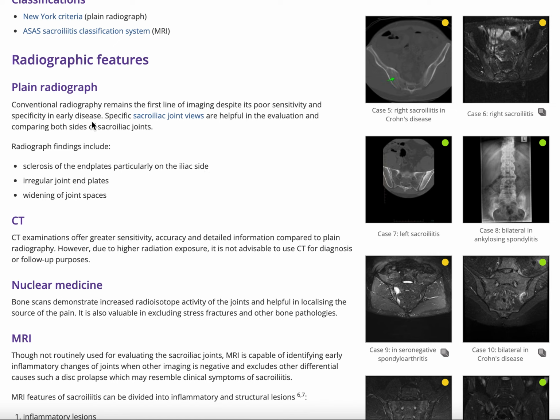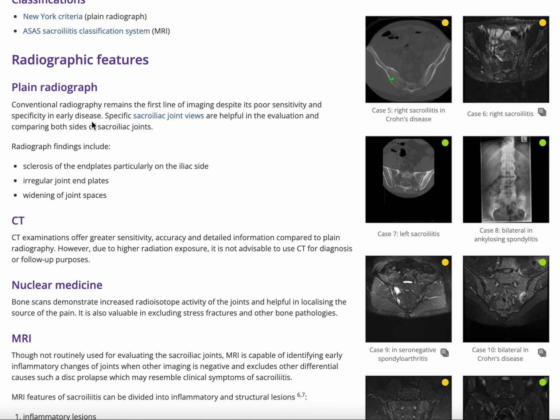Structural lesions include subchondral sclerosis. Subchondral sclerosis are bands of low signal on all sequences paralleling the joint margins at least 5 mm from the joint space. Erosions. Erosions are marginal foci of articular bone loss, and erosions are low on T1 and high on